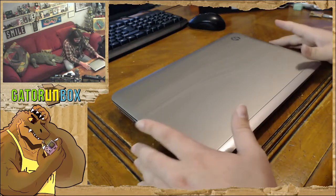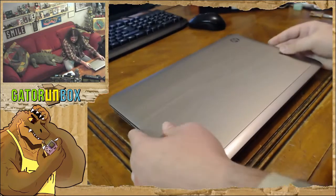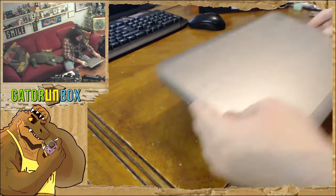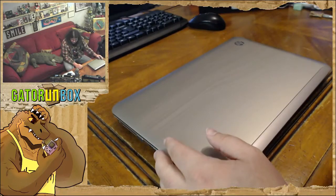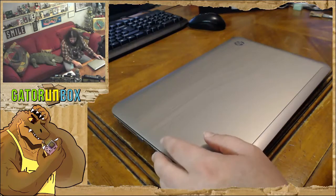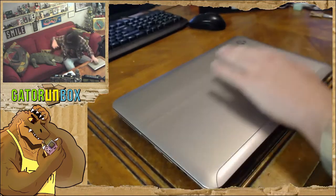So, like I said, I'm looking forward to using this, and it takes up less table space. Actually, I can fit it inside Old Reliable, which means I won't be bumping into it when I move around, which means it doesn't run the risk of me accidentally breaking the hard drive from shocking it or whatever. So, thank y'all for the laptop, and thank you for the